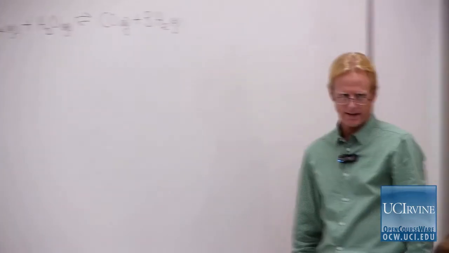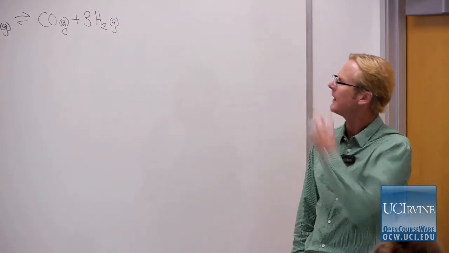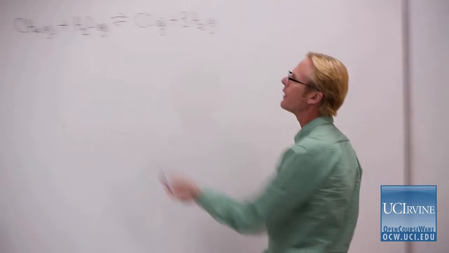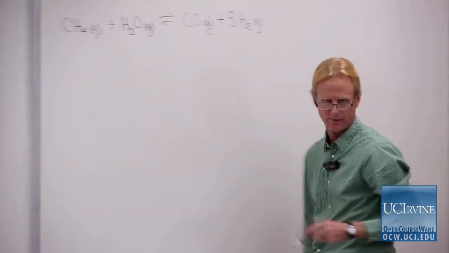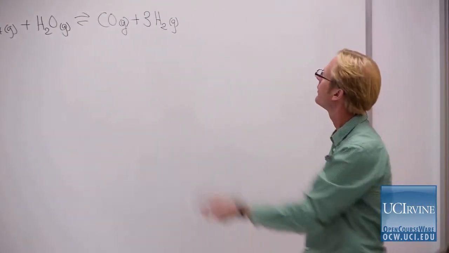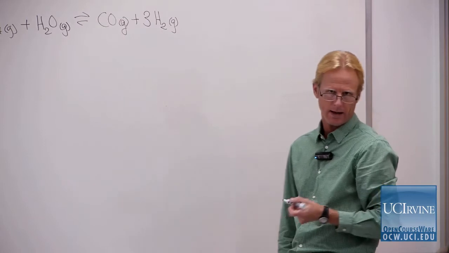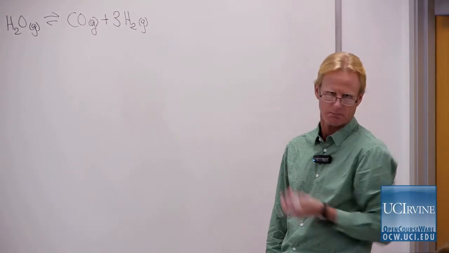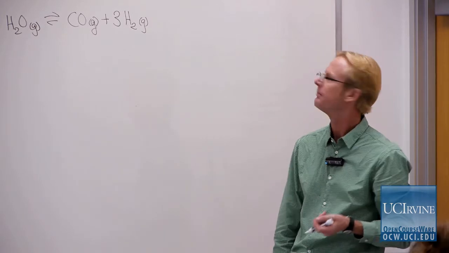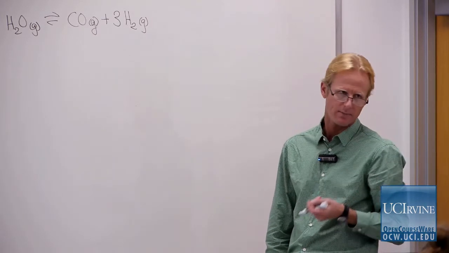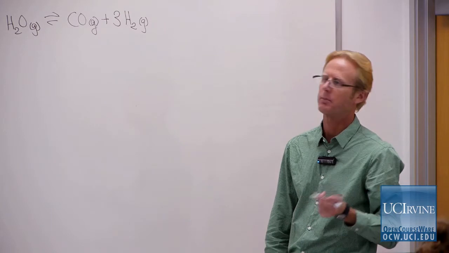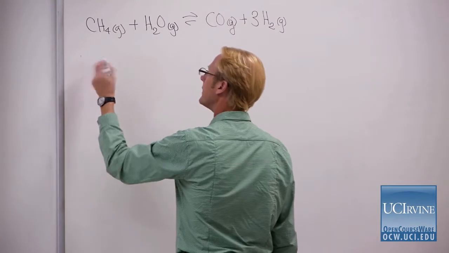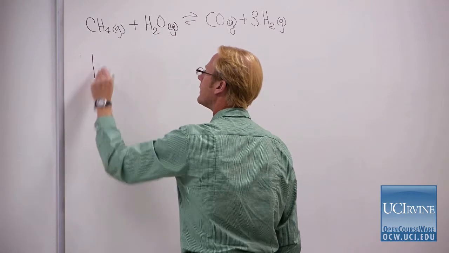Okay? And this is called the steam reforming reaction, and it's one way that you might be able to take a fossil fuel like methane and turn it into hydrogen, and then the hydrogen you could use to burn clean in a fuel cell. So this is potentially an important reaction. One of the main problems is it requires a lot of high temperature to be effective. And the reason is, if you look at the